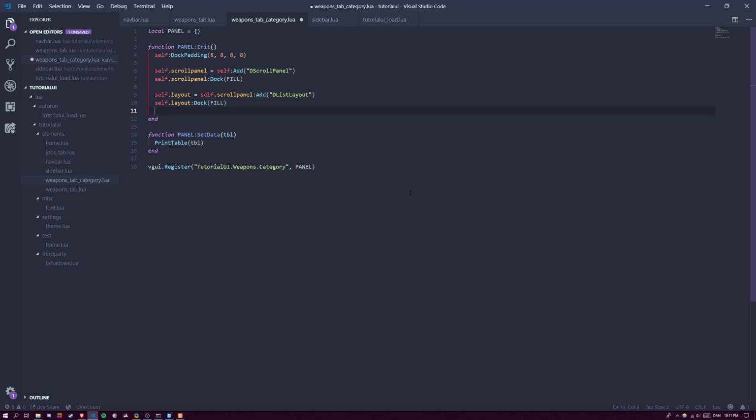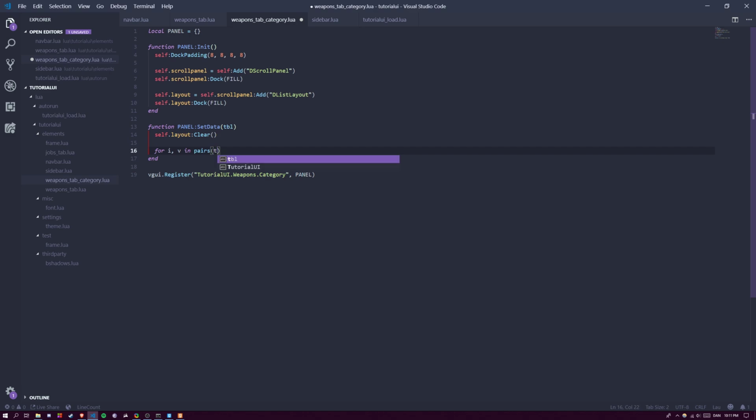And so fill. Okay, so what we want to do is first call self.LayoutClear. This means that we will clear this in case there is something. We will remove all from it. What we do is table.items do